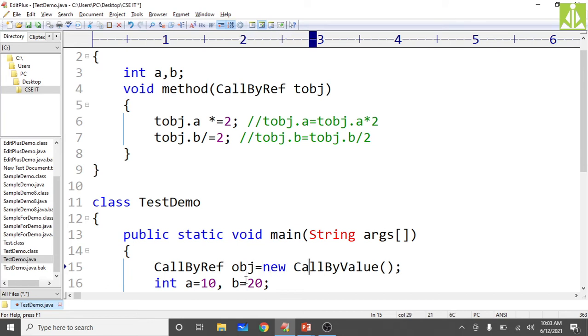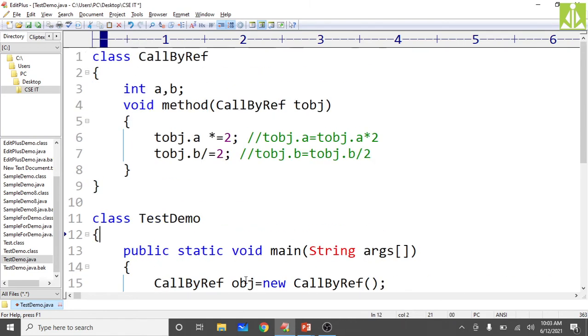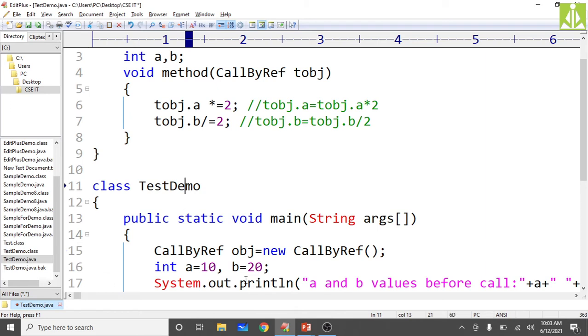Okay. So I kept inside A the value 10. In this way we can't do it, because here we are declaring and here also we are declaring, so this multi declaration is not possible.